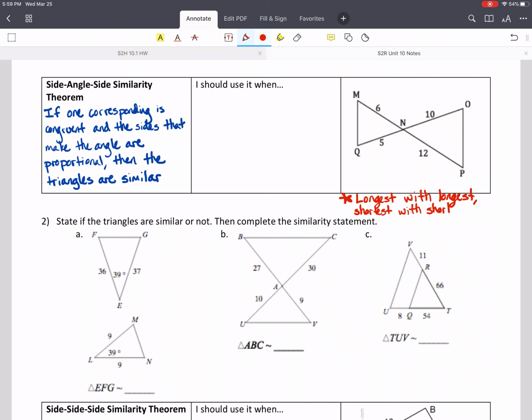Because if I'm multiplying by a scale factor, like if I take the longest side of a triangle and multiply it by a scale factor, there's no possible way that that side is going to not be the longest side of the new triangle. And so I can look, my longest side for the left triangle is 6. The longest side is 12. Well, I know that that's a times 2. So if I go from 5 to 10, well, that's also a times 2. So because it's multiplied by the same scale factor, those are proportional. So we should use this